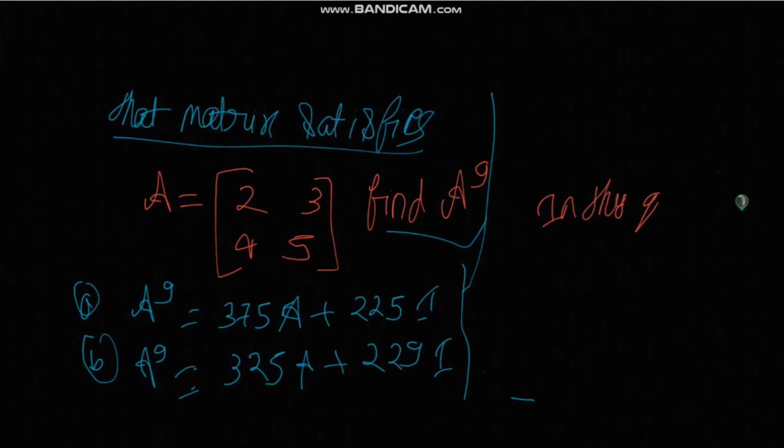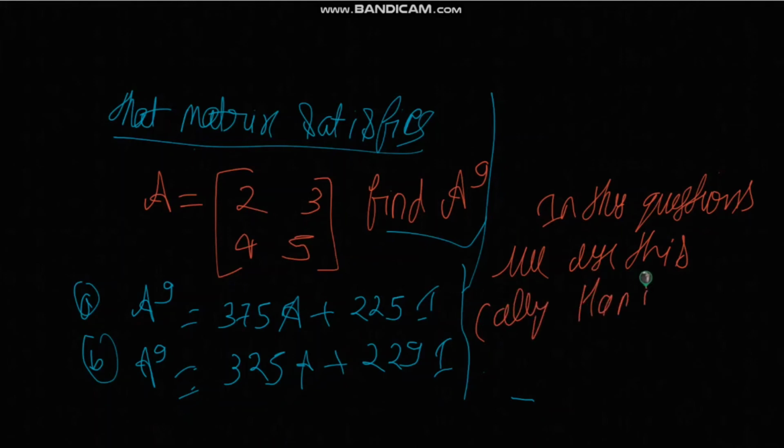Then for finding A to the power 9, you have to use the Cayley-Hamilton theorem, because you should not go through the normal way. If you go through the normal way, you have to find A square, A cube, A5, A6, and then proceed further. It takes a lot of calculation, and if A is a 3 cross 3 matrix, then it becomes more difficult. So in this type of question, you use the Cayley-Hamilton theorem to solve in a better manner in very little time. So in these questions, Cayley-Hamilton is important.